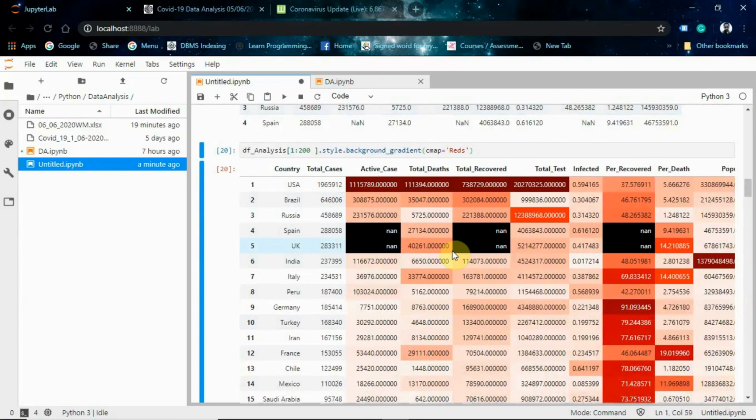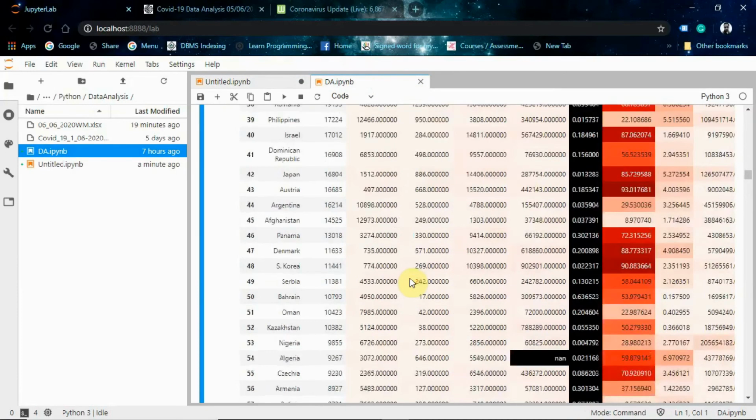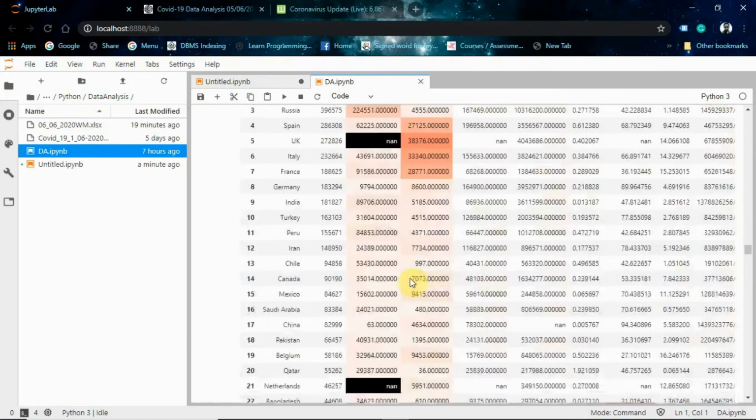What if we don't want the whole data frame to be colored like this? What if I only want the total death and total recovered to be shaded in this form? So I will use subset, right, like this.